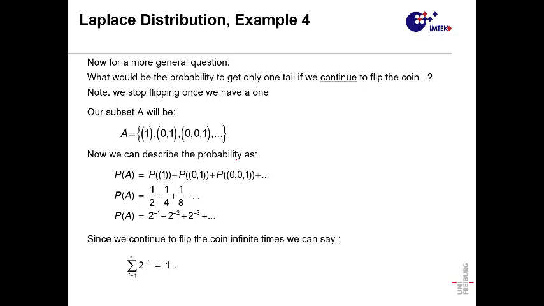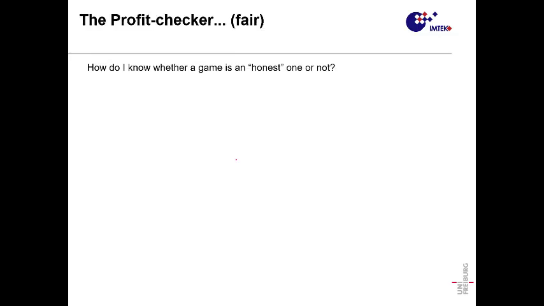So you can see that you can go from a very simple example to getting more complex and then more useful probability examples. So now let's go more to a real example. Let's say that you have a friend or you have this person in the street that has this nice game that promised you that you can earn money by playing the game, right? Let's see if you can check before you enter the game if it's going to be an honest game or if you're going to actually lose money, right?